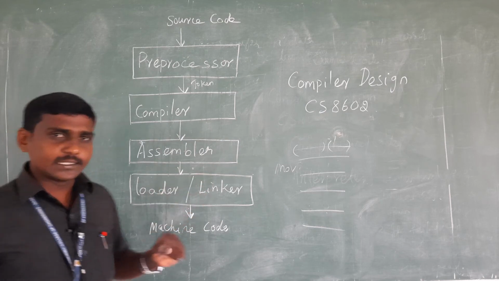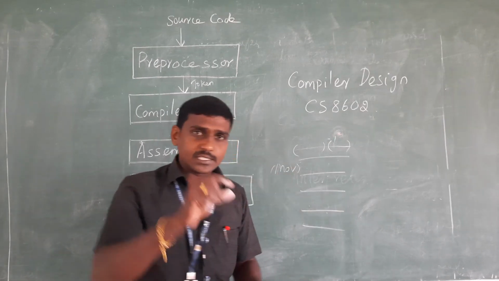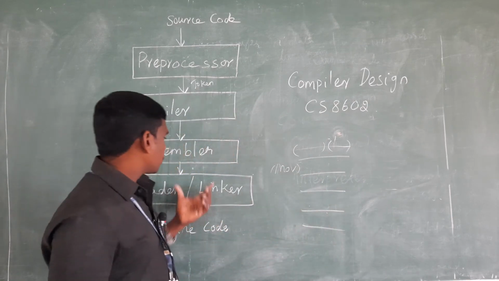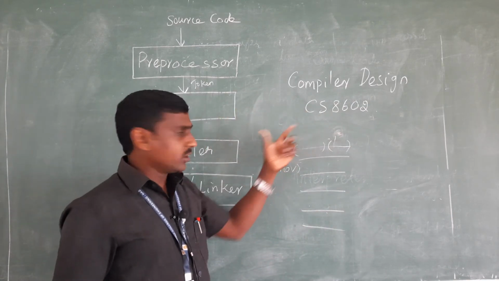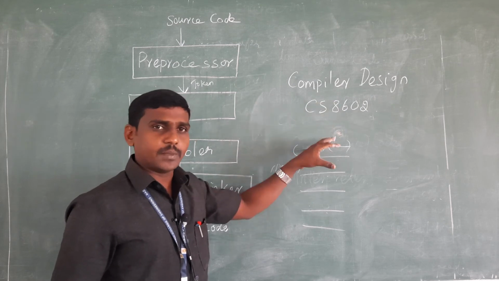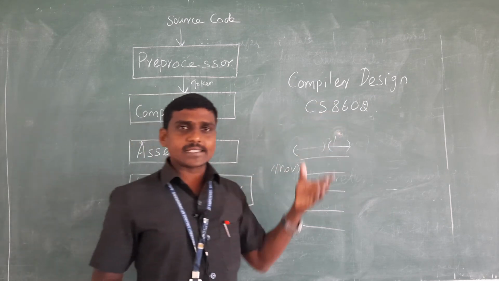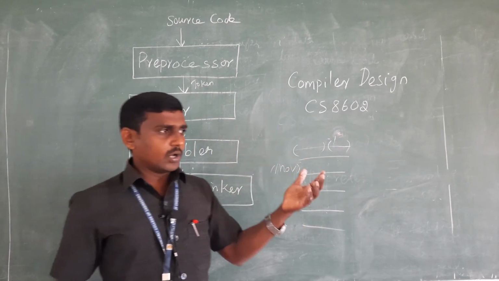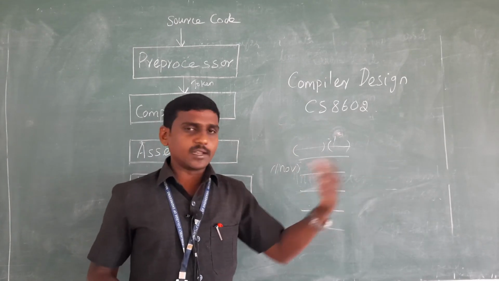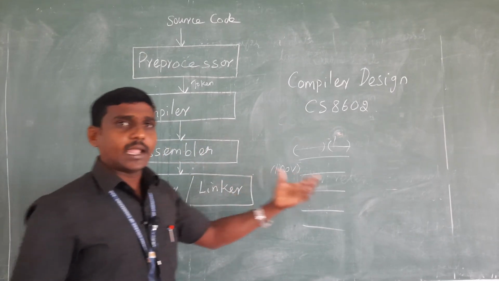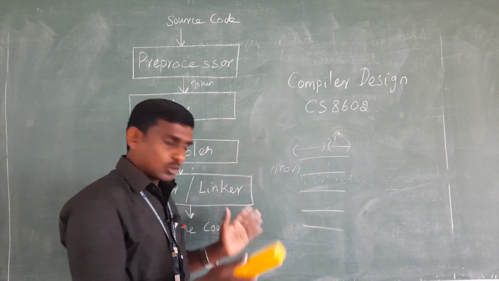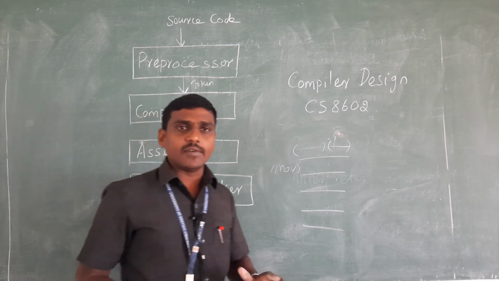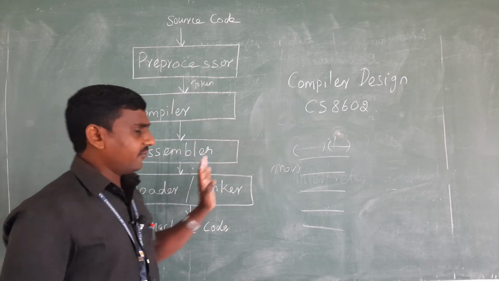The duty of the loader and linker: all the programs are not saved in sequential memory locations. They are saved in different memory locations, and the loader is used to load the code, or program, into the memory. The linker takes some header files or external files needed to execute the program, right? All the header files or external packages are linked to the executable file. Can you understand? And finally it is converted into the machine level program. So this is the way a compiler works.